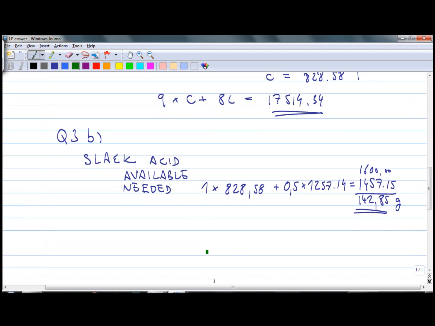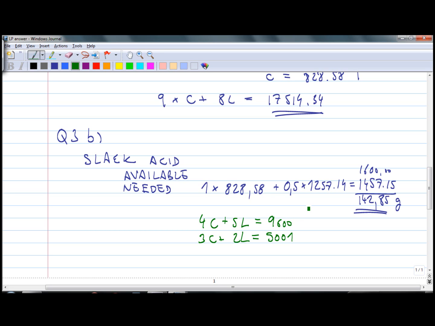So I will just write down the equation, which was for powder 3C plus 2L equals, and now we know that it's plus 1 unit, so it's going to be 5001. I will copy the labor equation, which stays the same, 4C plus 5L equals